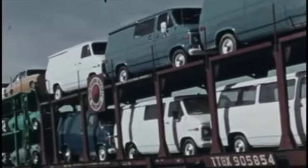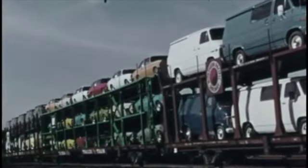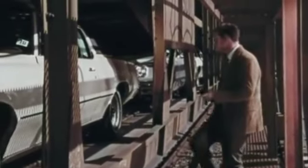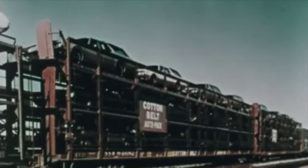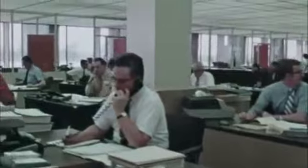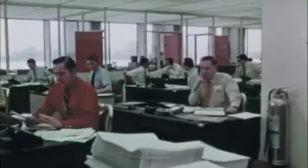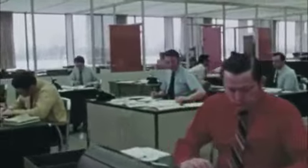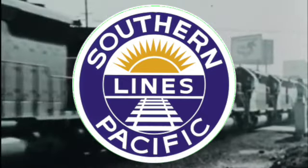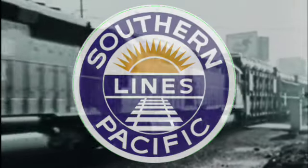For smaller cars, 18 could just about squeeze onto the wagon, but these were noticeably under the wagon's maximum loading weight. Railways usually charged per carload rather than per item, meaning that this loss of haulage capacity was resulting in higher shipping costs per car for GM. Growing tired of rising costs, GM approached Southern Pacific Railroad to create a solution for transporting its upcoming 1970 high-volume